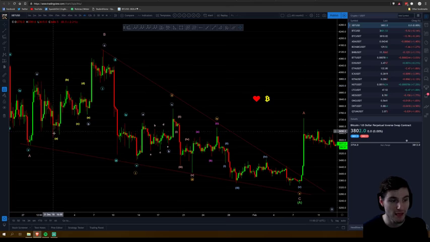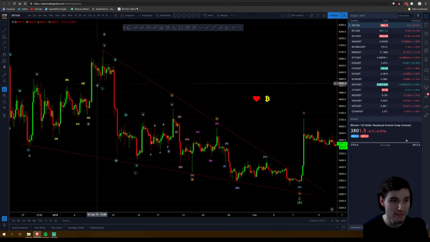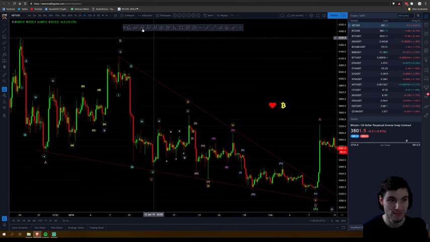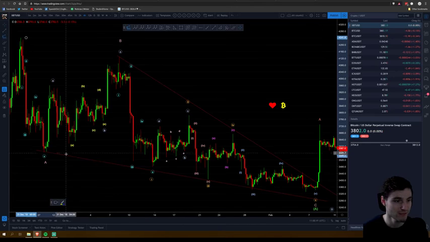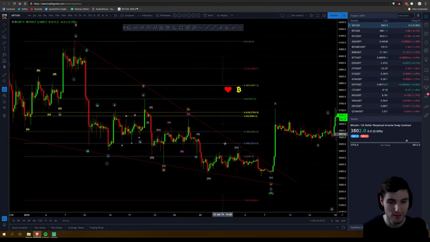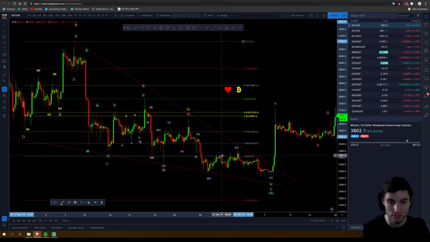Then within the B wave, we have an A, B, C, D, E, to then finish with an A, B, C in the B. Okay, so then we've got a 5, 3, and an extended C. Because if you look in terms of extension here, then obviously it's going to go way past the 1-to-1. Okay, we're coming down, coming past the 1-to-1 on its way to probably a 127. Okay, so around the middle here, it does hit over a 1-to-1 extension, so it's a little